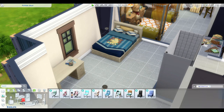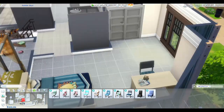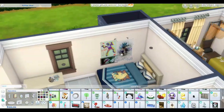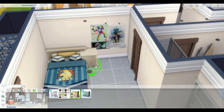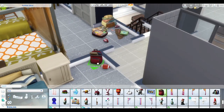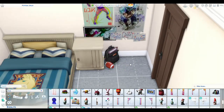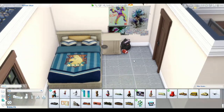And speaking of teen, that is the room we are in now. So I was mentioning that this sim would be into football, and I know that is a very fall time sport, and so it just felt appropriate to have football be the theme for this teen's room. And so we're just going to be adding that backpack that I was just barely talking about,